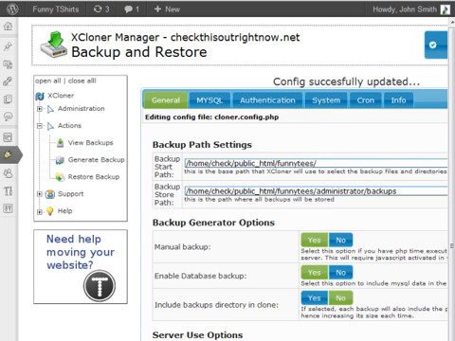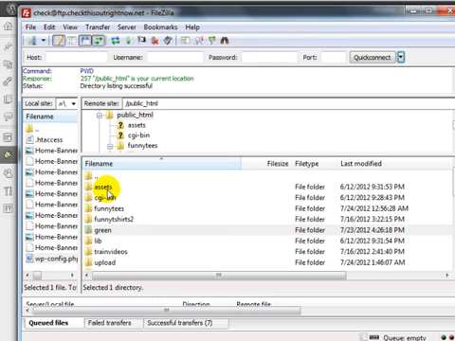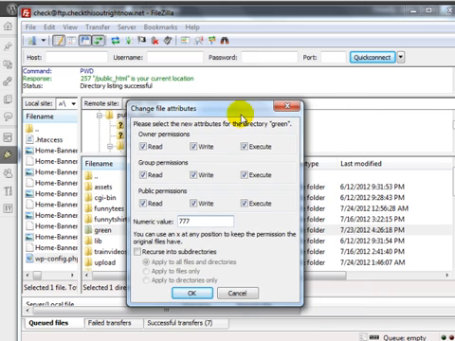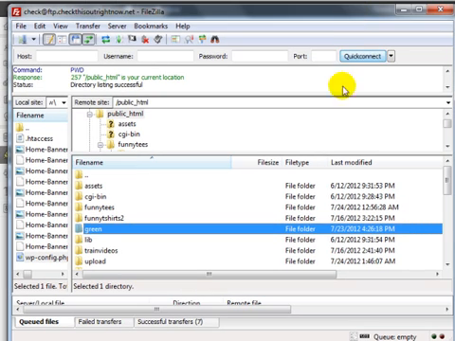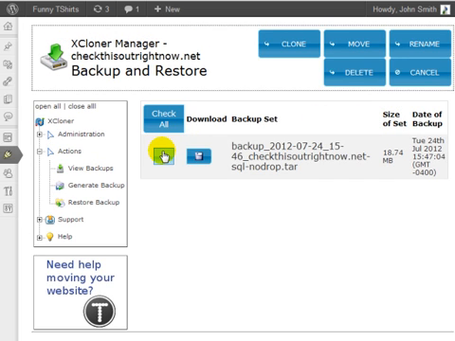At this point, you will need to go to the FileZilla FTP program and make sure that the WordPress folder, or wherever you saved the WordPress files, the main folder and the files underneath, need to be changed to 777. And you can always change it back so that you can cover your tracks. After you have done this, you can go back to the browser and we can begin the restoration process of the previous backup. So I'm going to click on View Backups and you're going to select the backup that you want to clone. Click on Clone